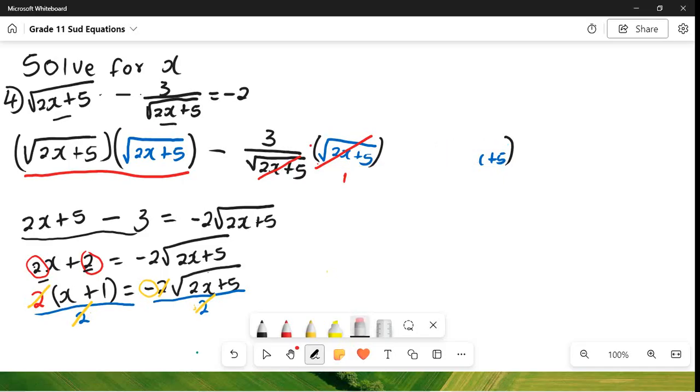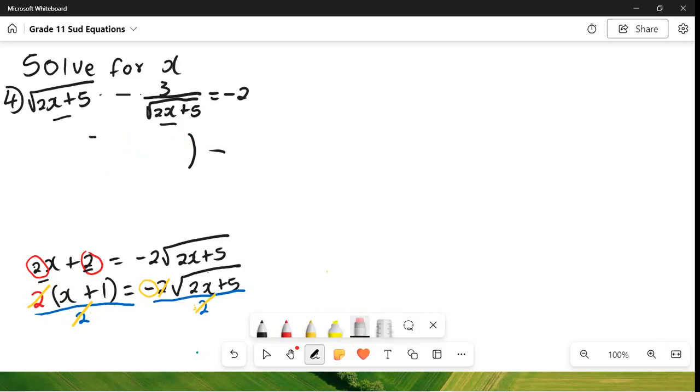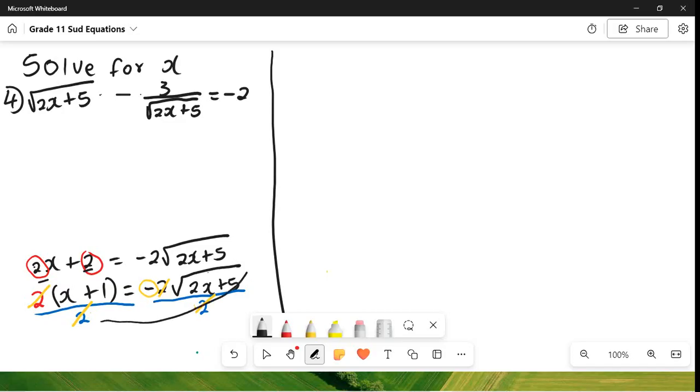I want to erase this side just so we can create the space, but I'll leave what is at the bottom so that we can refer, and I'll also leave the original equation. I'll just draw a line here to show that we are moving to the other side. So once they are cancelled, we're taking these ones, we are now writing on top there. What do we have that is left? We have x plus 1